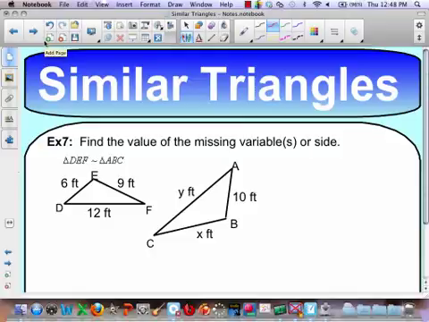You're told that the triangles are similar. How would I solve for x and y in this problem? Careful how you set this up, otherwise you get yourself into tight corners here. What do you guys think? Axel? 10 over 6 would equal y over 12, which would also equal x over